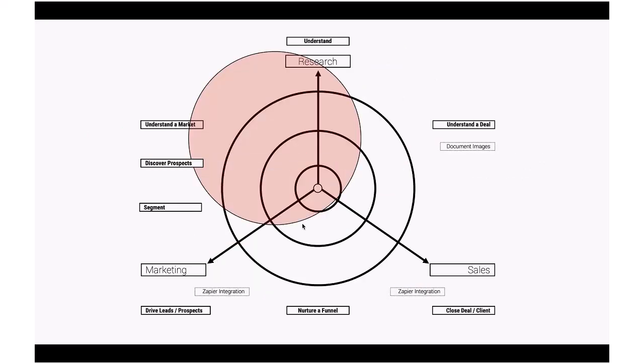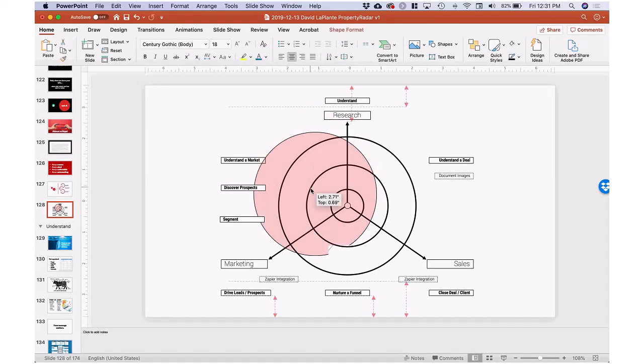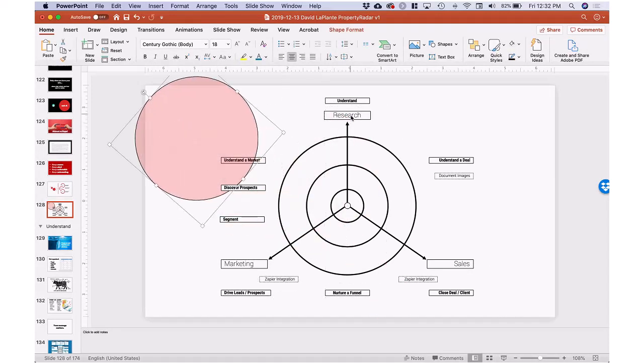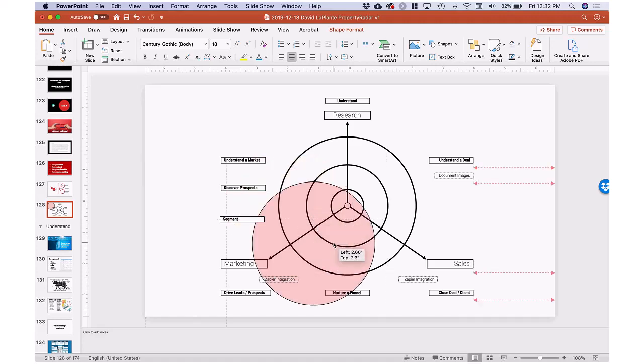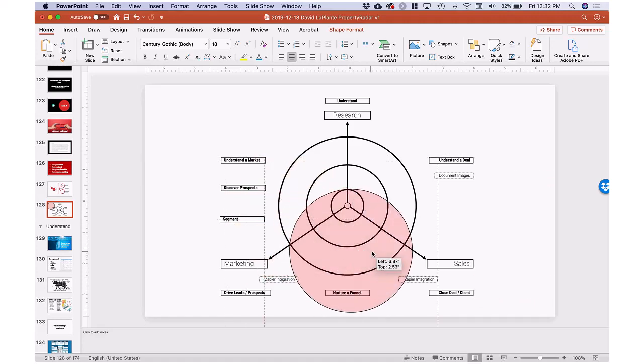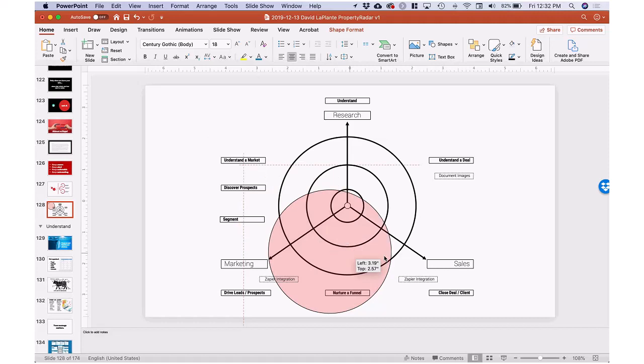So, coming out of here, just as a flow, there's kind of three areas. There's research, there's marketing, and sales. You start off on market research, and then you move into lead generation, and then you get some leads in the funnel, and that's going to put you into sales, and then you're going to be doing due diligence about closing a particular property, and it's just this cycle of moving where the concentration is.